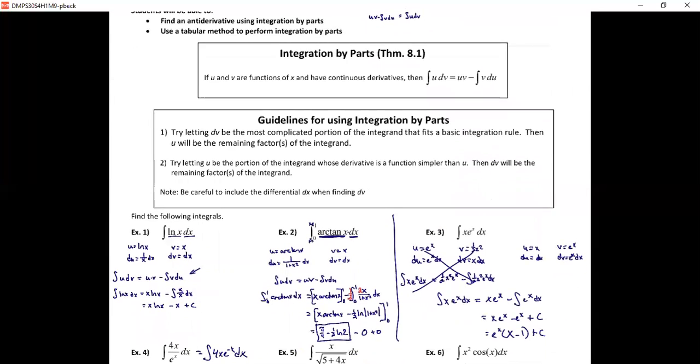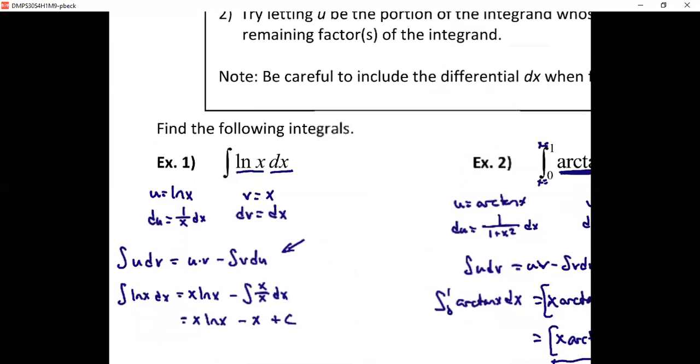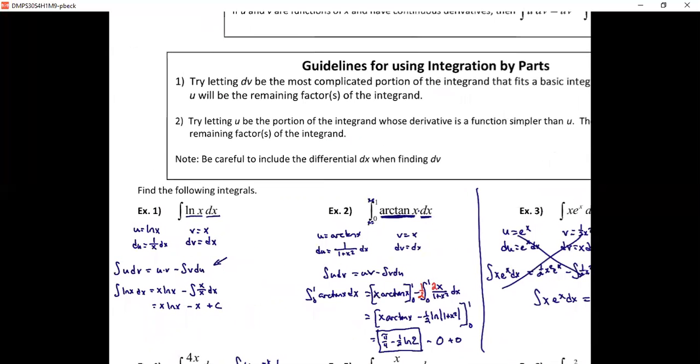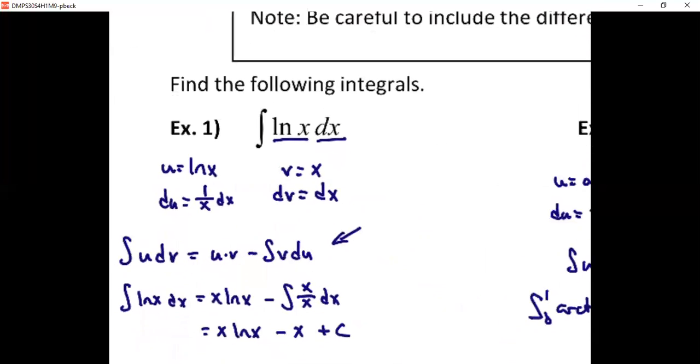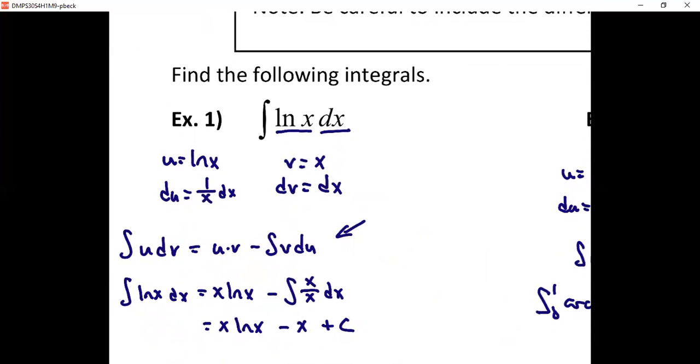Now, u and v represent actual functions. So how we use integration by parts, what we do is we establish, within an integral, such as the natural log of x, that we have two factors. One factor, in this case, is natural log of x. The other factor is the differential of x. So this is natural log of x times the differential of x. One of these needs to be a function which we're going to differentiate. That's what we're going to call u. The other one is going to be a derivative, which we're going to have to integrate, and that is going to be the dx. So if u is the natural log of x and dv equals dx,